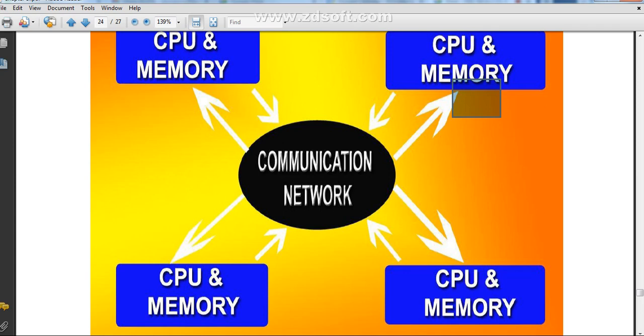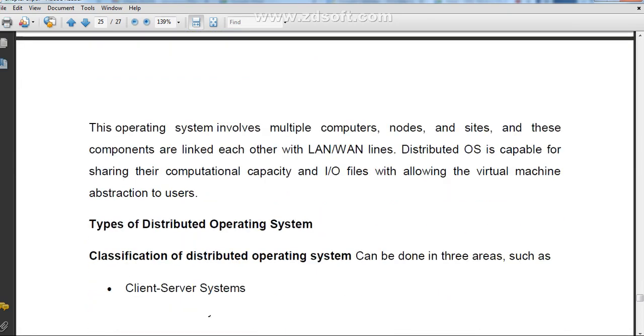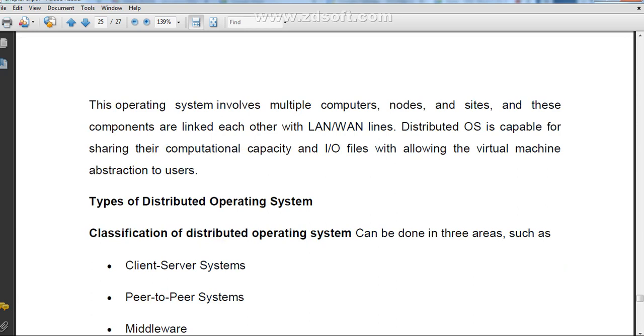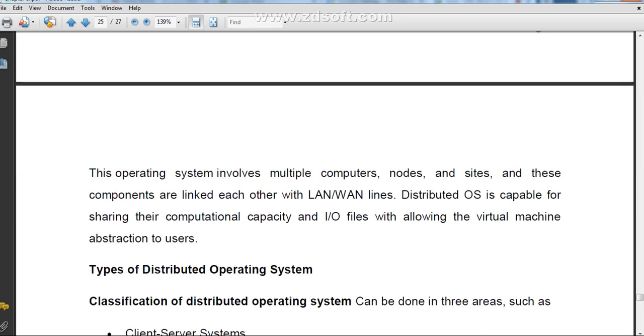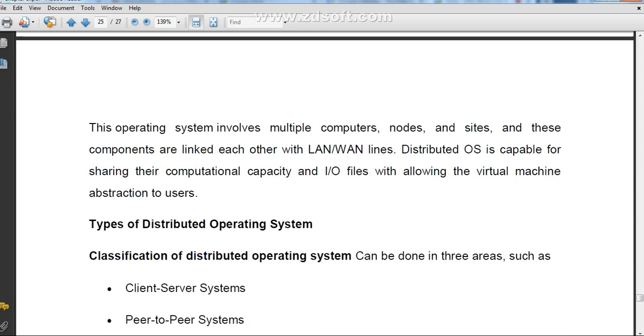You can communicate to this CPU, and you can access this printer by using this computer. Understood? So you can share files over the distributed operating system.